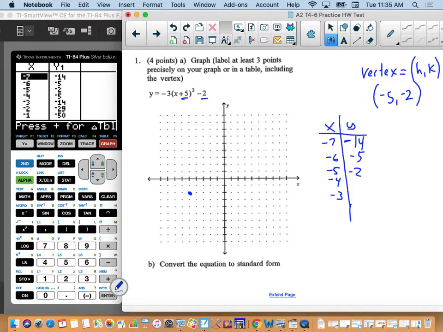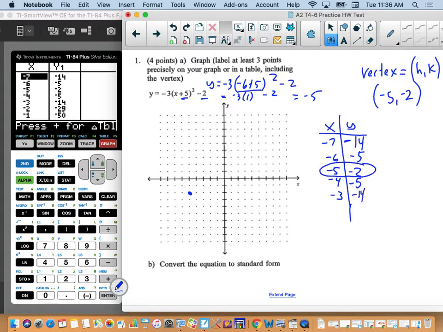And we could verify that. -6 plus 5, the quantity squared, times -3 minus 2. So that would be -1 squared is 1. Times -3 is -3. Minus 2 does give us -5. But the calculator makes that a whole lot easier. Now I didn't need the table to get these because they surround the vertex, so there's going to be this